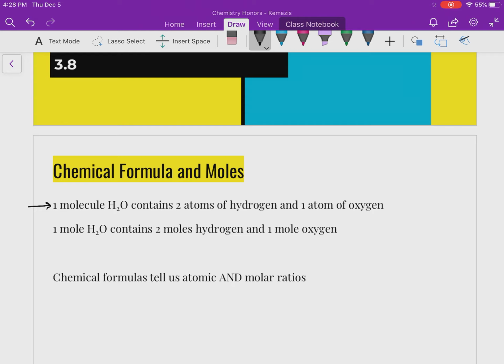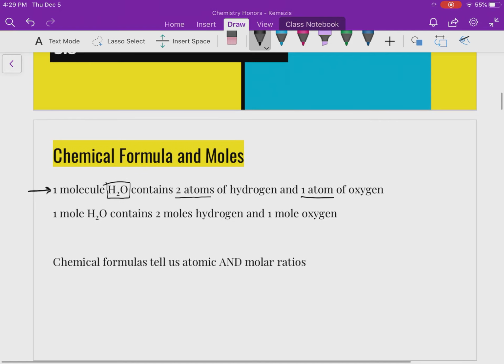Hopefully we are okay with the statement that 1 molecule of H2O has 2 atoms of hydrogen and 1 atom of oxygen, and that comes from looking at the formula. The formula tells us the ratio of atoms that we have. What it also tells us is how many moles of those atoms we have. Remember, a mole is just a number, 6.022 times 10 to the 23rd. When I talk about moles, I'm just talking about how many of those things I have,